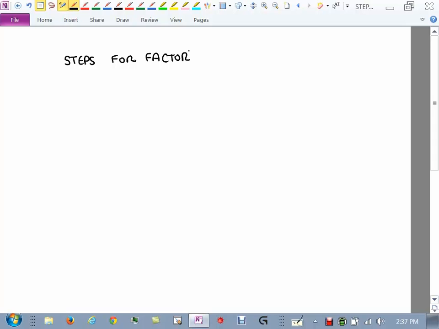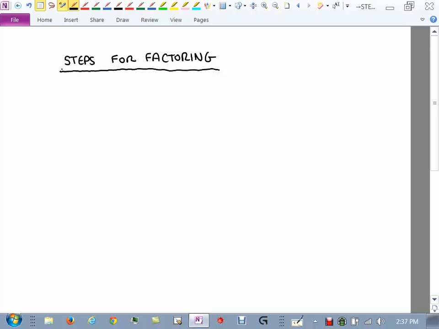Let's see if you can recall some of the steps that we use for factoring things. I don't care if they're in the right order. Let's just see if anyone can remember anything about factoring. I know I had 3 or 4 weeks off for summer, so I've forgotten just about everything too. So I need some help here.